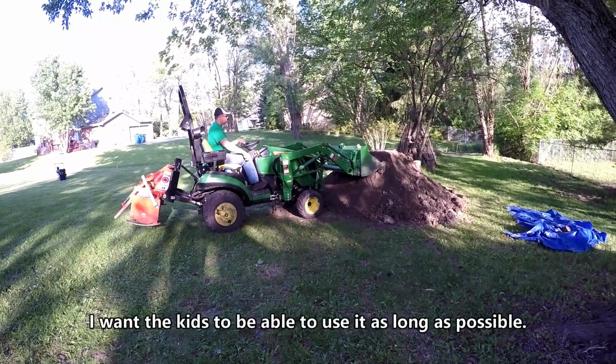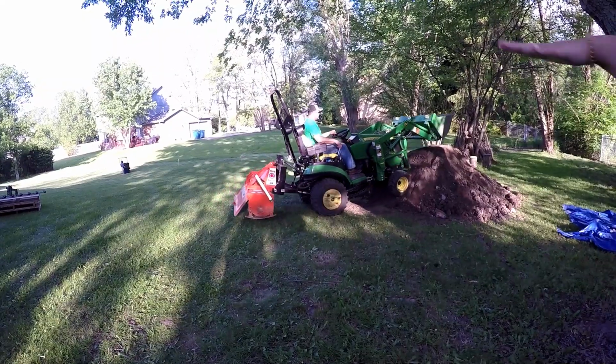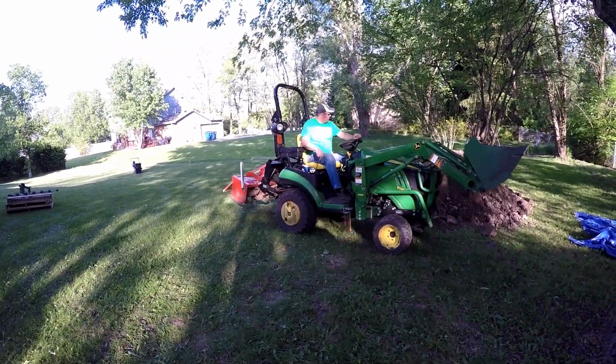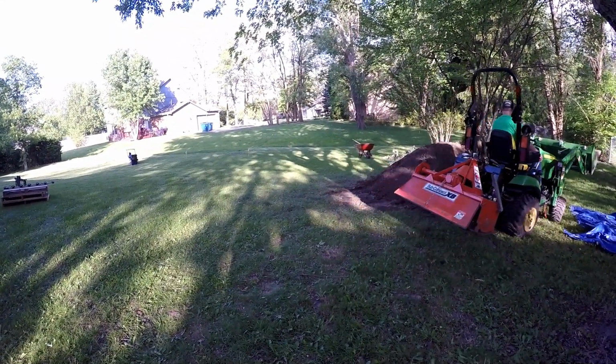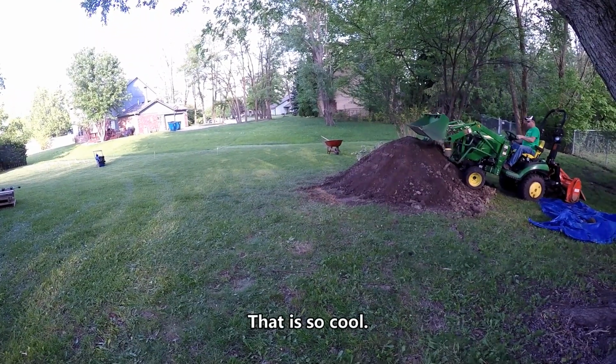I want the kids to use it for as long as possible. But now I'm also thinking sledding hill. Yeah. Because this wasn't enough grade with the little bit of snow that we had. No. But this would get some good momentum in like a little bobsled. Yes. That is so